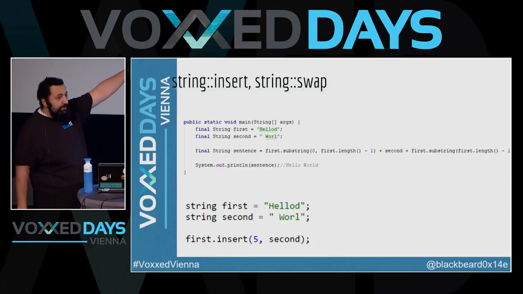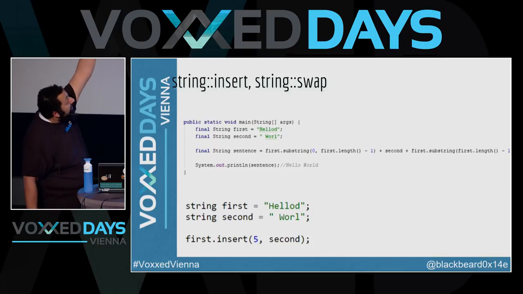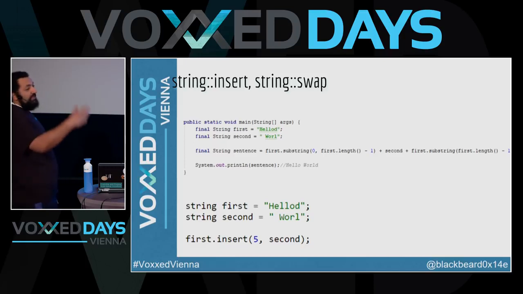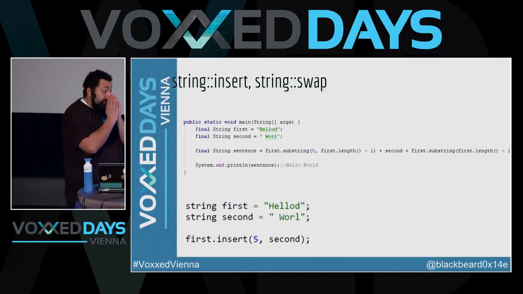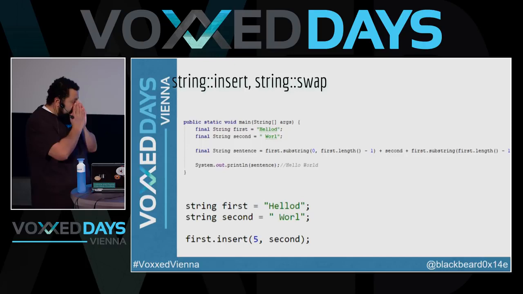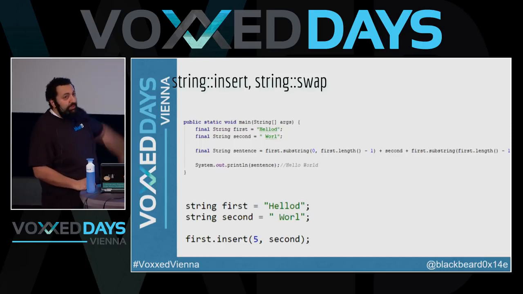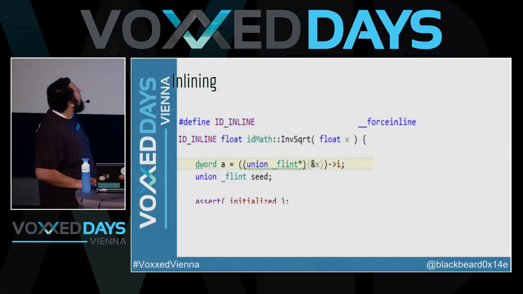So this is C++ code, and you just say, okay, I want to make this hello world, and just insert it at that location. In Java, you have to do the ugly thing at the top. I'm very certain a lot of us do it, I still do it actually. You can be creative and do it with a string buffer or a string builder or whatever, but under the hood they also do this, so it's not very pretty. So I'm not going to rant about that anymore.